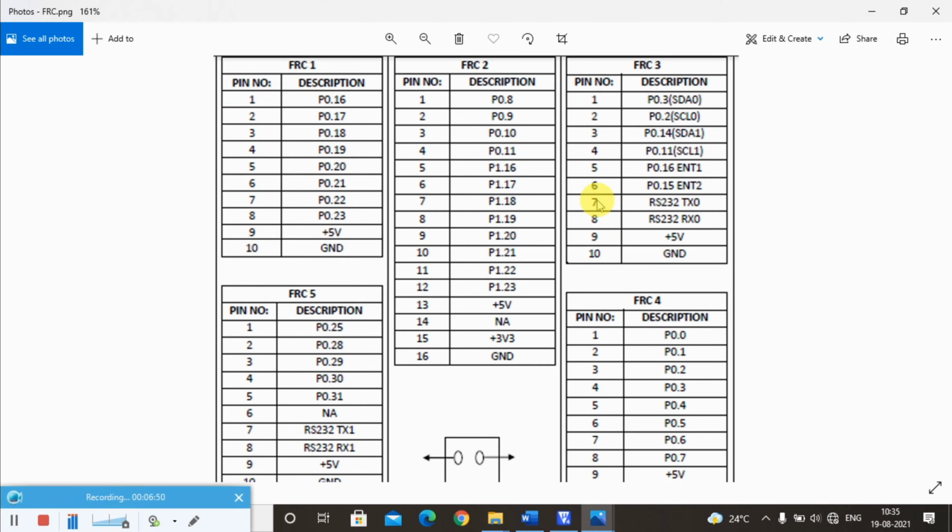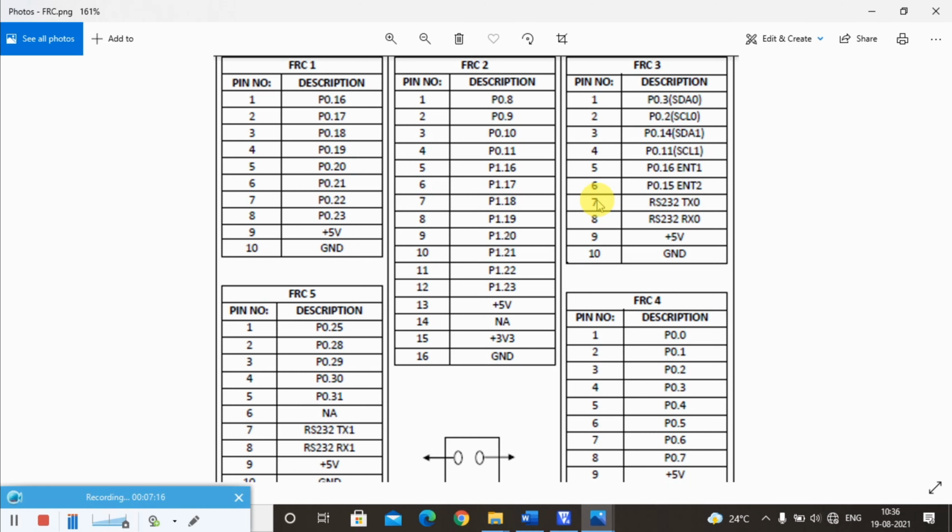Now to transfer the data from the processor to the stepper motor, we need to connect it through the FRC cables, that is flat ribbon cables. Then only the data are transferred serially bit by bit from the processor to the controller. Now the controller is the main part here, the medium through which we are going to transfer the data, but the hardware we are using is a stepper motor.